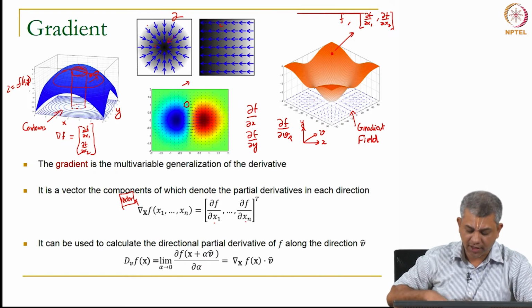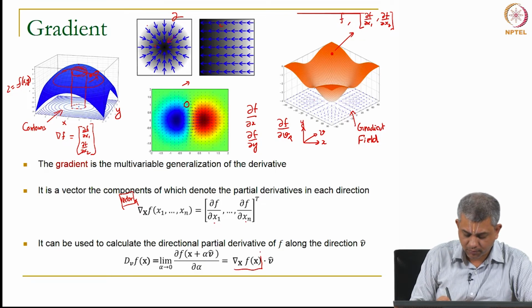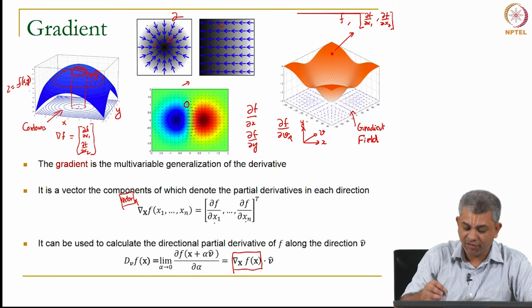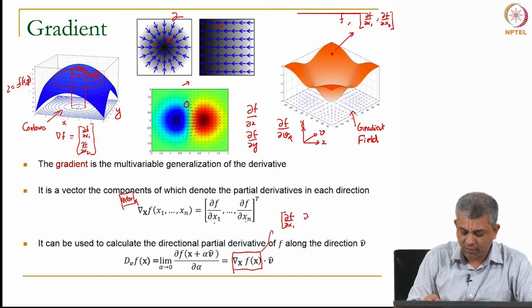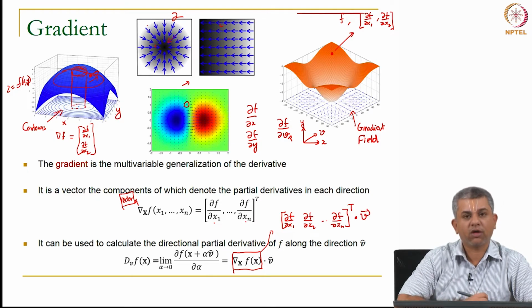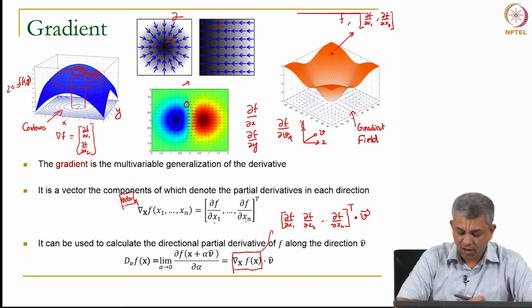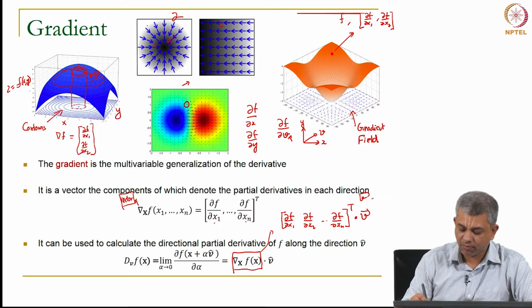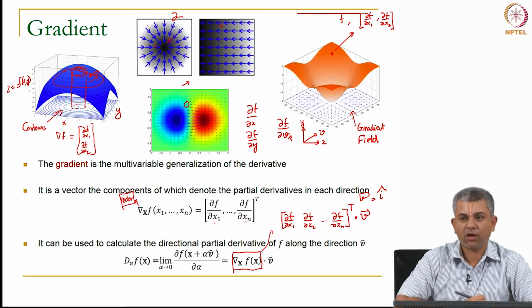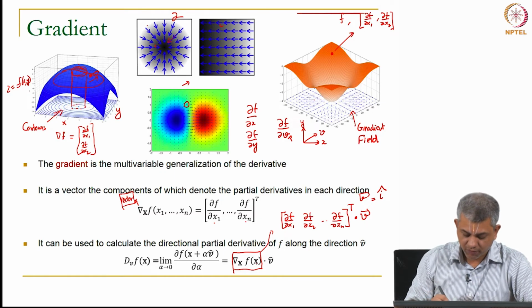All you do is take the gradient, which we have defined before. This is del f del x 1, del f del x 2, so on and so forth up till del f del x n, this vector dotted with the direction v. Okay. You can simply see special cases. If v was I cap, or the x 1 direction, then gradient in the direction v should be del f del x 1, which is correct.